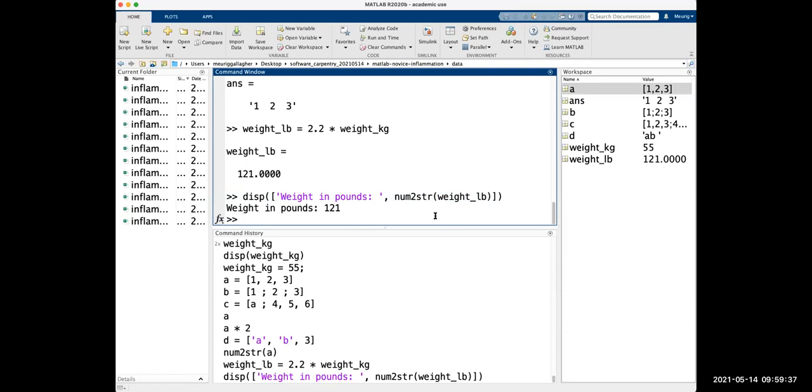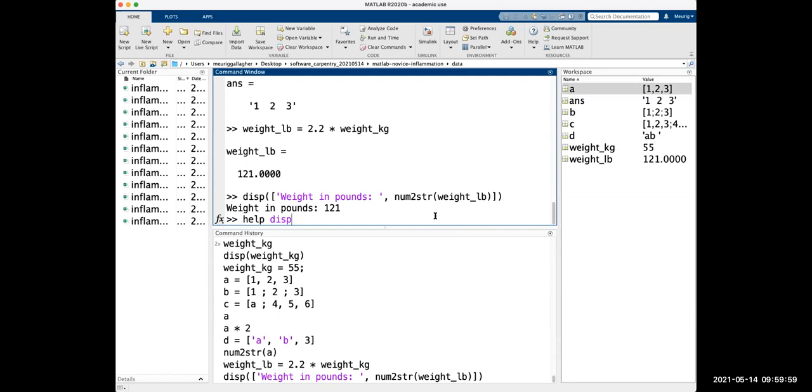I think this is a good time to point out probably the most helpful MATLAB function that exists, and that's the help command. If you're ever unsure about how to use something, or how many arguments it has, what order the arguments go in, you can use this help command. You type in help and then the name of the function that you want to look at.